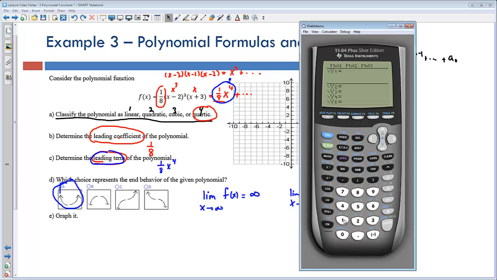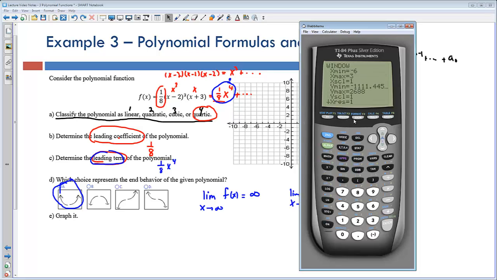So here you could do 1 divided by 8. And then do left parenthesis x minus 2. And then raise it to the 3. So raise it to the 3. And then do x plus 3. End parenthesis. And now for our window, we're going to do a standard window,